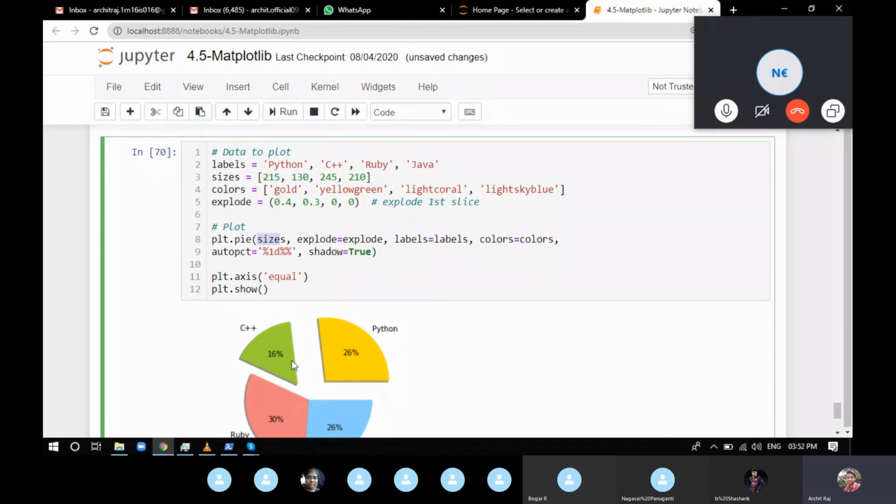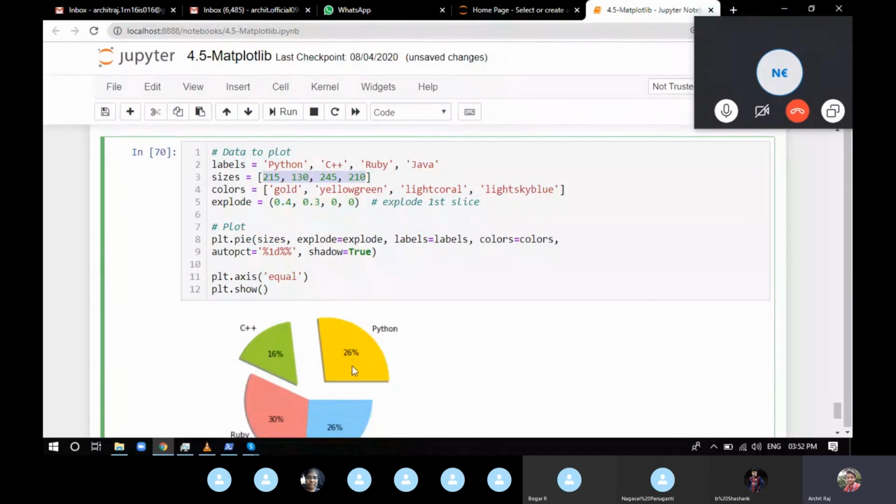Now what the pie chart does is, whatever sizes you're providing, it's just going to make a sum of it, and find out what is the percentage of this first attribute compared to the whole sum. As you can see, if you try to add everything, it's going to be somewhere around 800. So the total is 800. So it will find out what is the percentage of 215 if 800 is the total. So it means 215 by 800 into 100. So it's going to provide the percentage of that particular data.